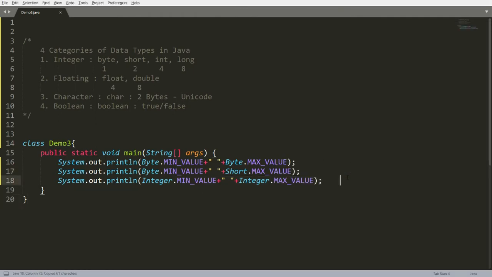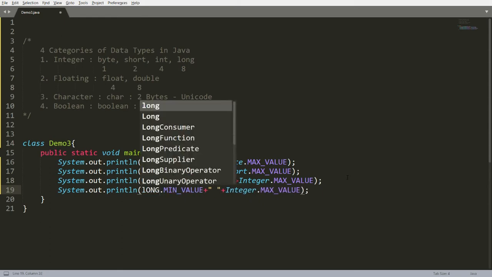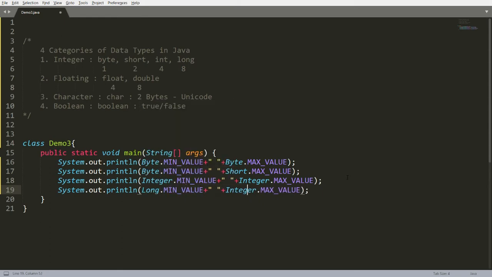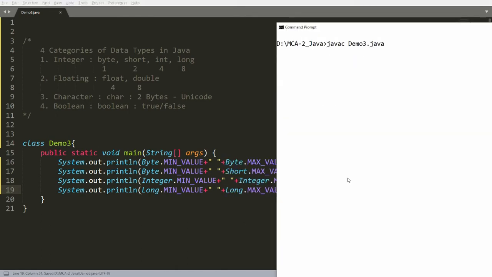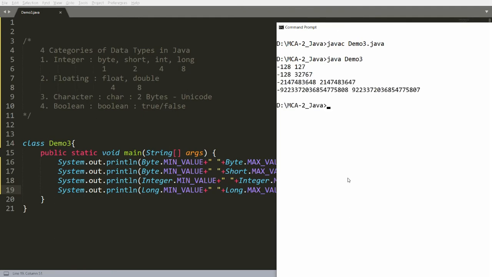So what is the range of long? Long is 8 bytes, so it is 64 bits. If you get Long.MIN_VALUE and Long.MAX_VALUE, it is sufficient to store the value. You can just check, this is the value. See, 1 2 3 4 5 6 7 8 9 10 11 12.